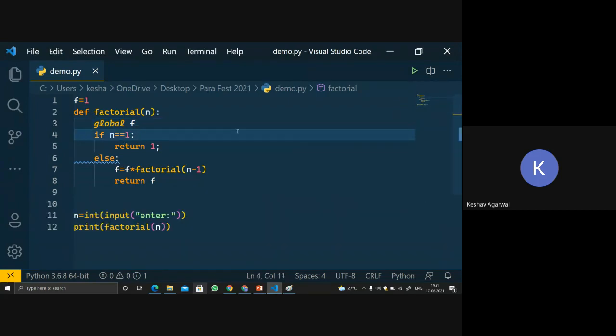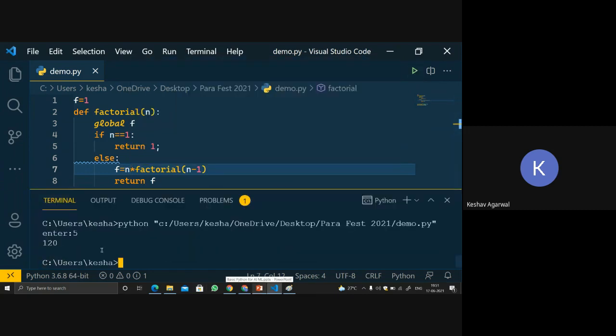So when n is equal to 1. Okay, this will be n into. Sorry. Yep, so we got 120.